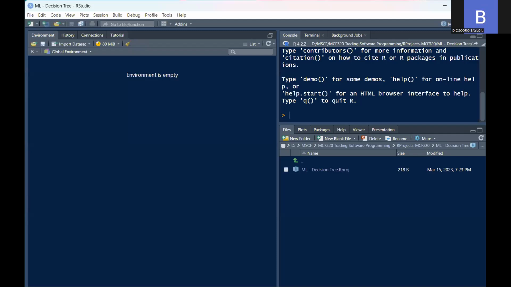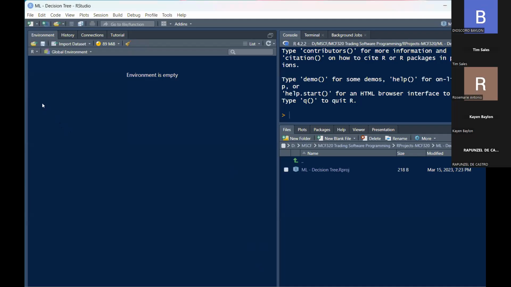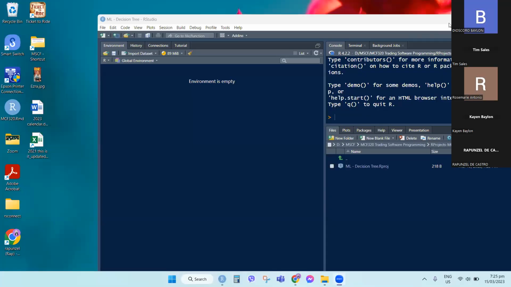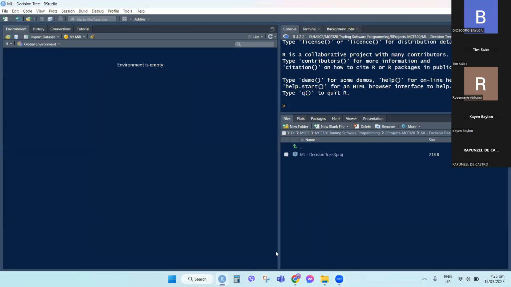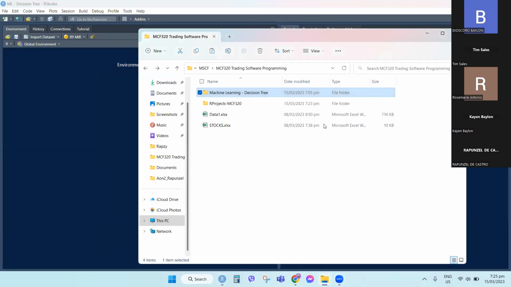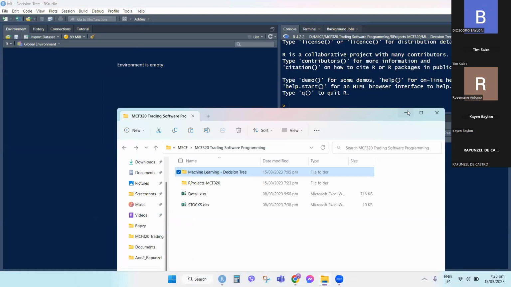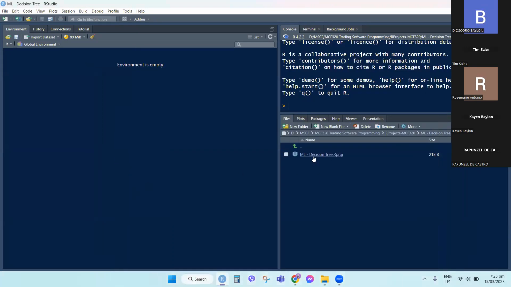All right, Rap, kindly share your screen again. On the upper right, kita ko na yung decision tree. Andyan ka na sa directory ng project. Then you go to the folder, doon mo i-save yung file.